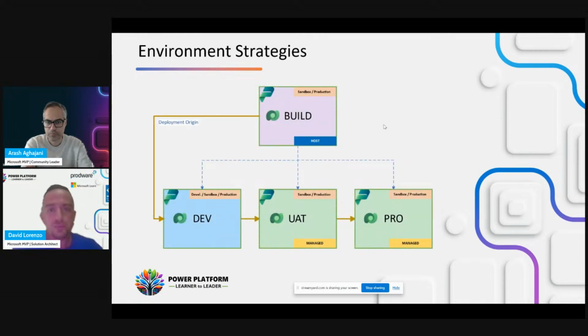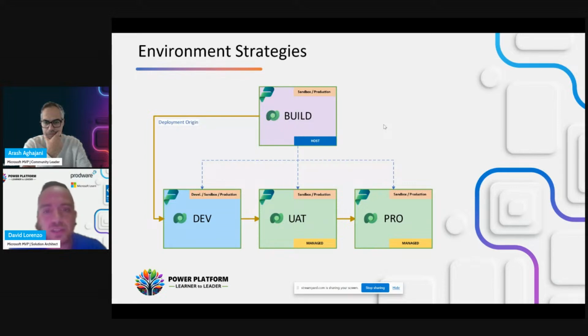Okay, when we think about creating a new environment or a new project, we need to be aware of the environment strategies that we want to select. So we have two main options. Of course, there are more, but I recommend choosing one of these.